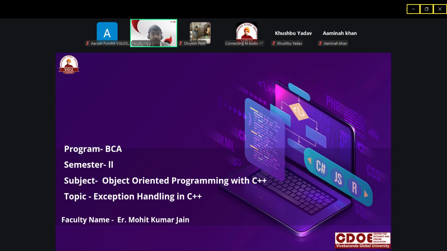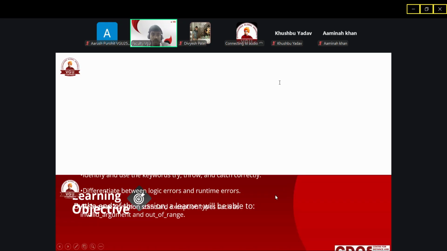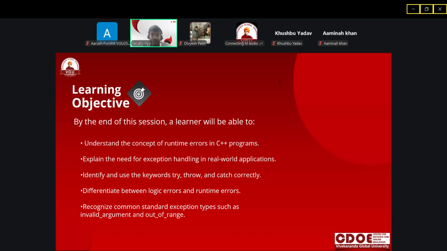Before proceeding further, let us first discuss today's learning objectives. By the end of this session, the learner will be able to understand the concept of runtime error in C++. Whenever we write code, we can get an error at runtime.